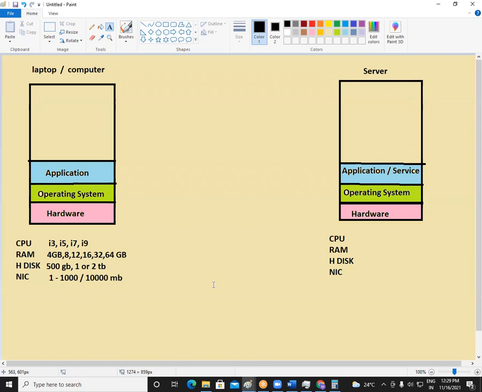We are working on the operating system, right? So whether it is a 2-core server or a 16-core server, we are working on the operating system, and that is what we need to discuss tomorrow. What exactly is the operating system, how we can install the operating system, and how we can configure the operating system. This is what we need to discuss.